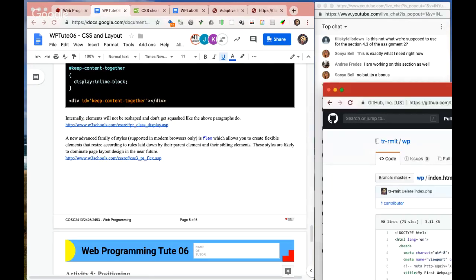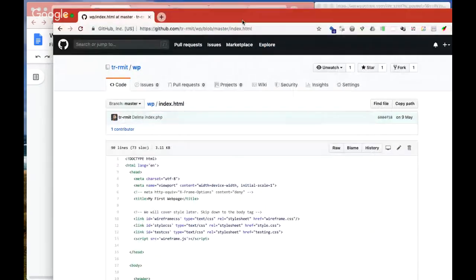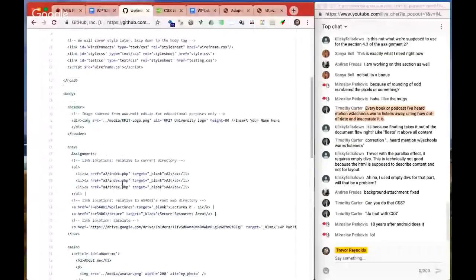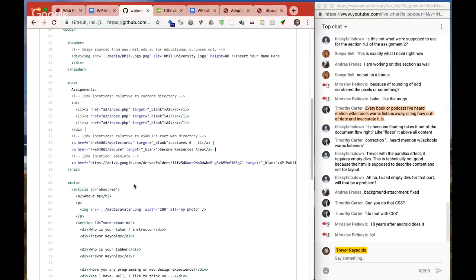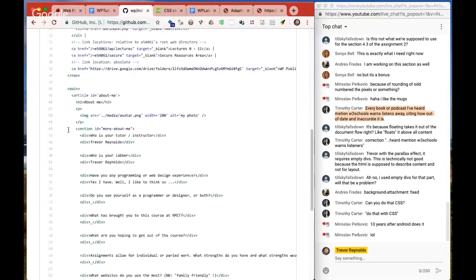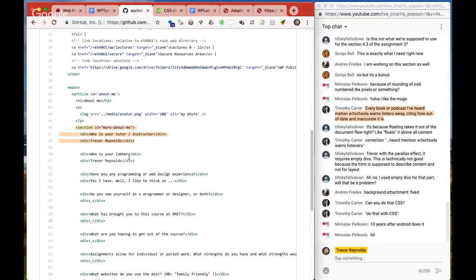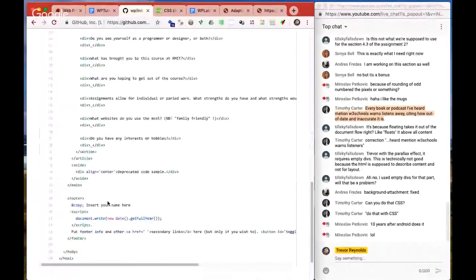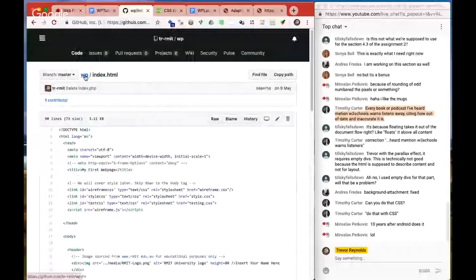So I'm just pulling up the GitHub page here. If you do want to have a play with grid, what I've got here is I've got sections and I've got a div inside a div, and I've put in some artificial spacing just to show that there is a distinction. But if we actually have a look at the CSS,